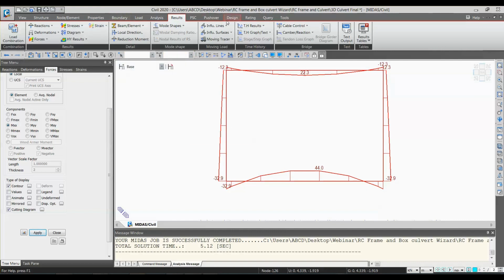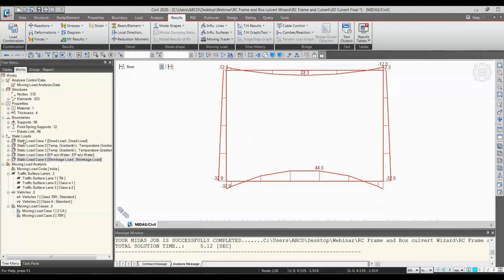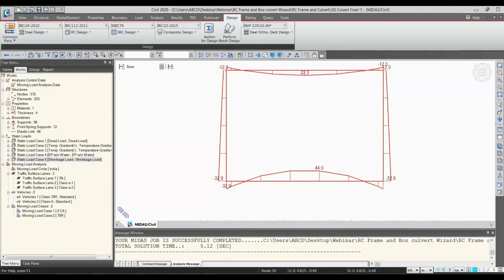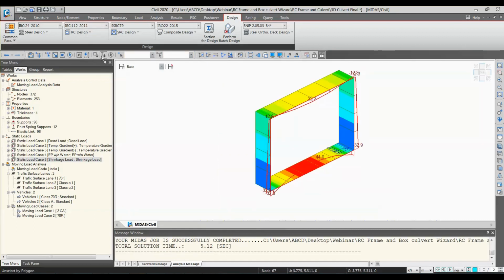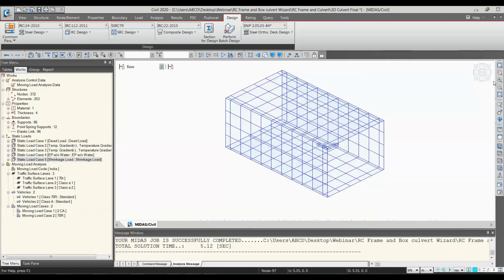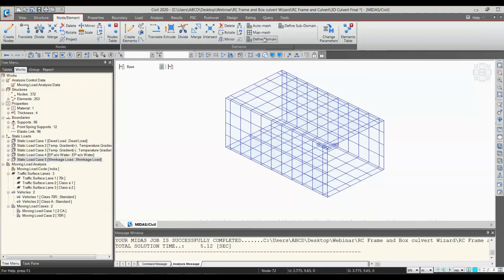Now let's move to the design. The first method, as I said, is definition of domain.